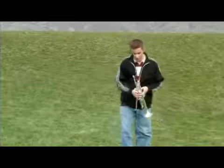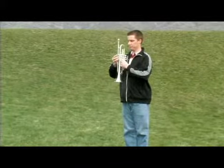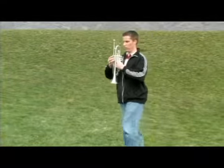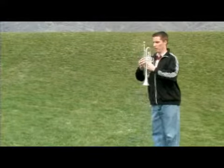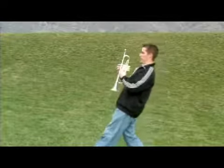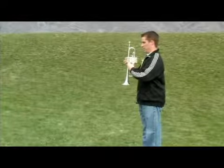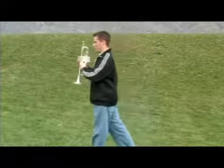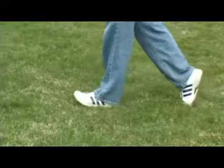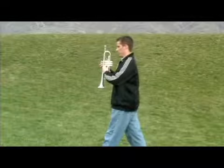Once you've achieved your posture and you're ready and set, and you're ready to take your first step, what we want to do is to try and push all of the weight forward at the same time, so that your foot doesn't go and then your body goes, so that you get this delayed reaction that happens this way. Okay, so the first thing you want to think about is making sure you take all the weight forward at the same time, and as you take that step, that you're going to drive your heel into the ground, getting your toes in the air as high as you can get them without